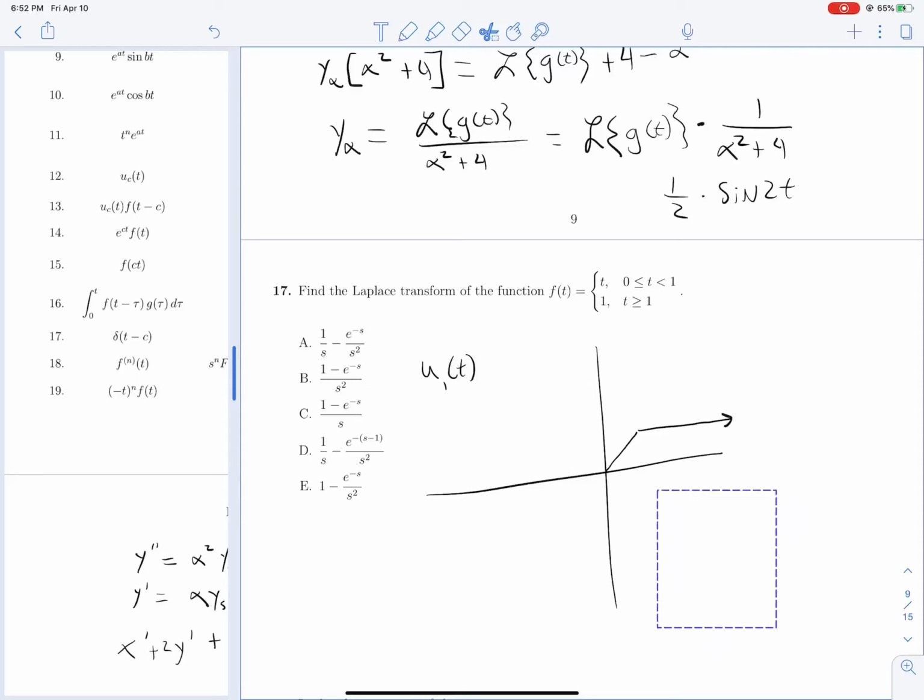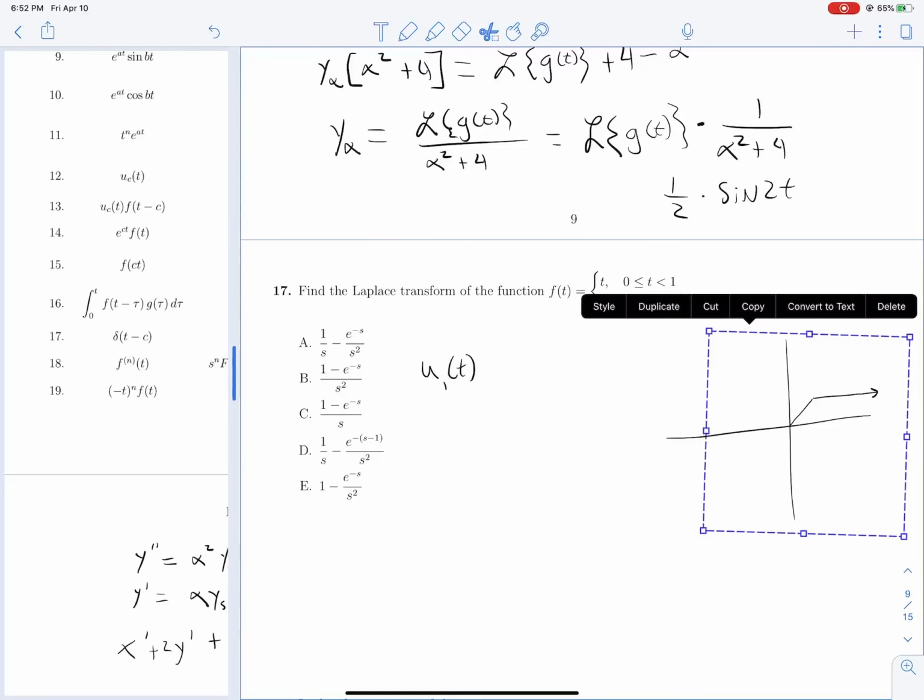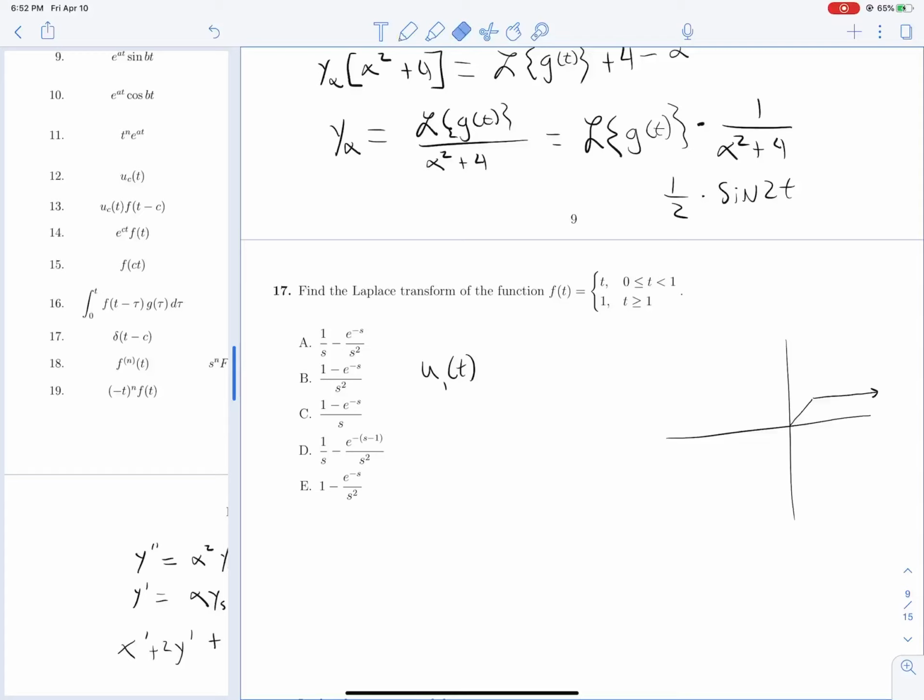So how can we do this with step functions? Well, we want some step function to be active from 0 to 1, and then to deactivate there. So I will write that as 1 minus u1 of t, multiplied by t. And I hope you can see what this is really doing. So this is saying,